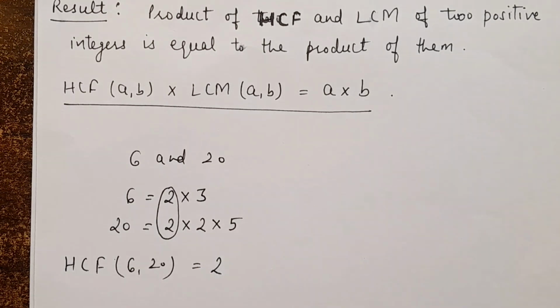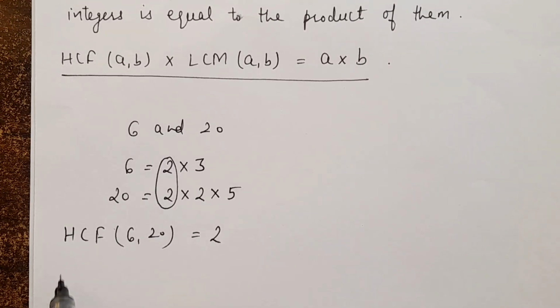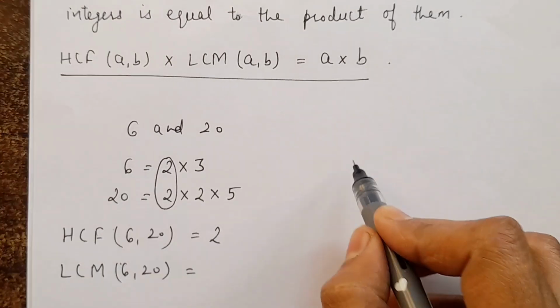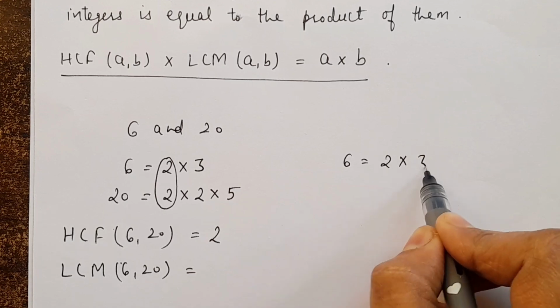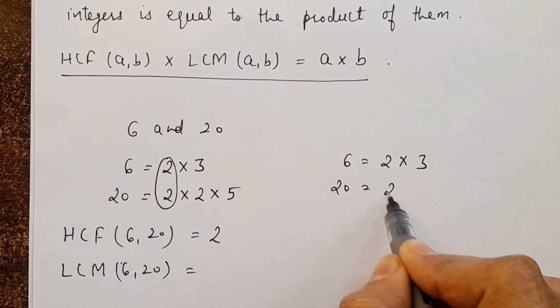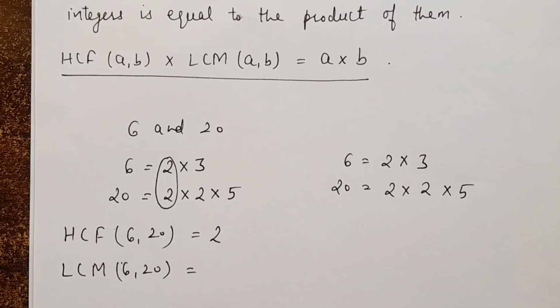द हाईएस्ट कॉमन फैक्टर, दोनों के बीच में जो भी फैक्टर कॉमन है उनका प्रोडक्ट जो होगा दैट इज द HCF। एंड अगर इन्हीं नंबर्स के LCM की अगर हम बात करें, LCM ऑफ 6 and 20, LCM के लिए हमें क्या करना होगा, सपोज वी राइट दीज नंबर्स अगेन, 6, 20, 2 multiply 5। LCM के लिए लीस्ट कॉमन मल्टीपल।